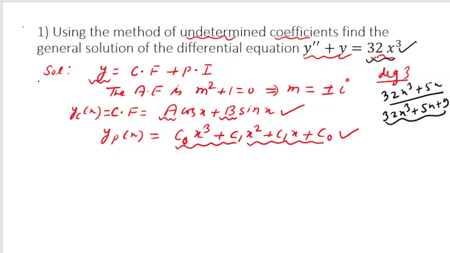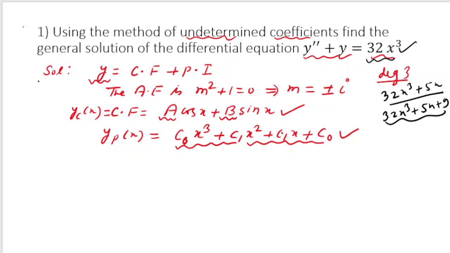I wrote the trial solution by looking at the right hand side. And what is the right hand side? A polynomial of degree 3. If we have a polynomial of degree 3, we write the trial solution as a general polynomial of degree 3. By that what I mean is that it should have all the terms: degree 3 term, degree 2 term, degree 1